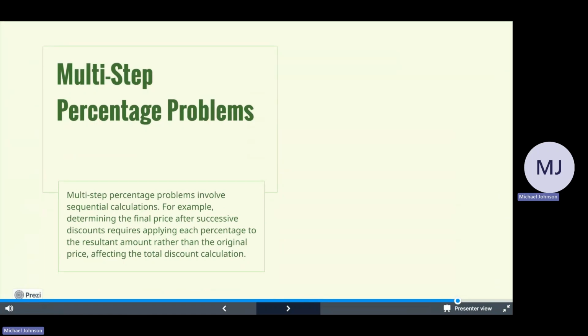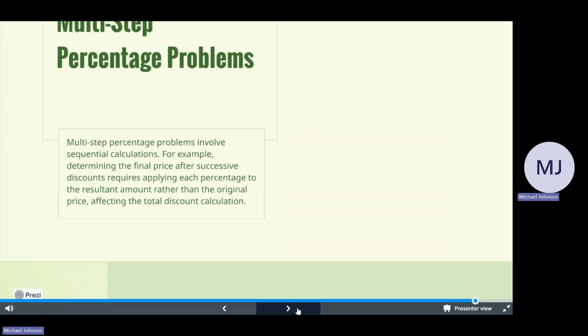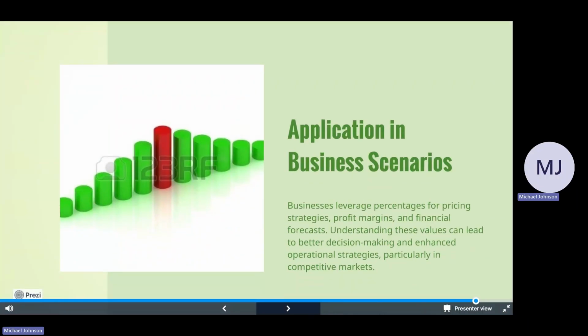Multi-step percentage problems involve sequential calculations. For example, determining the final price after successive discounts requires applying each percentage to the resultant amount rather than the original price, affecting the total discount calculation. Businesses leverage percentages for pricing strategies, profit margins, and financial forecasts. Understanding these values can